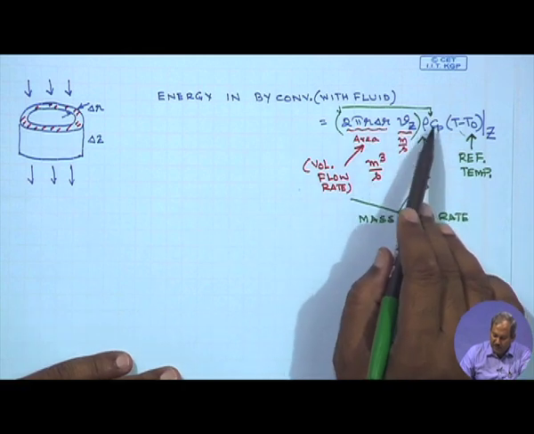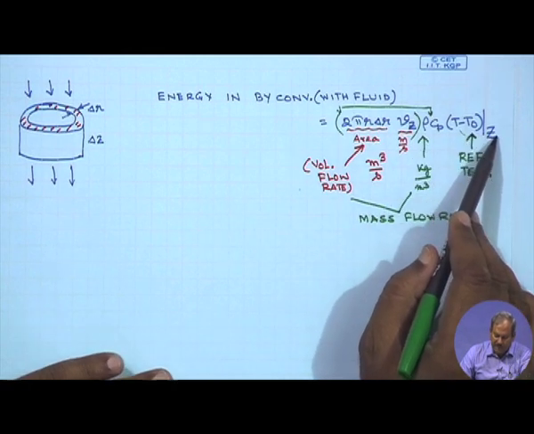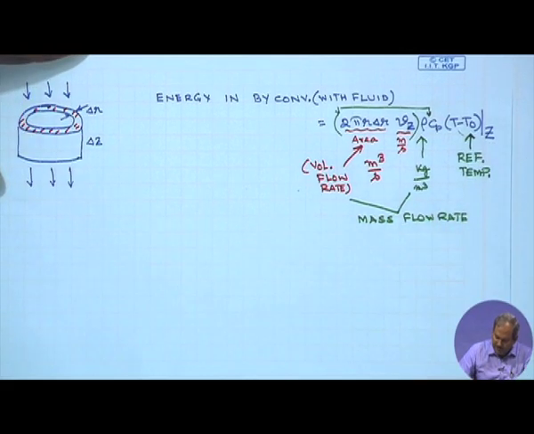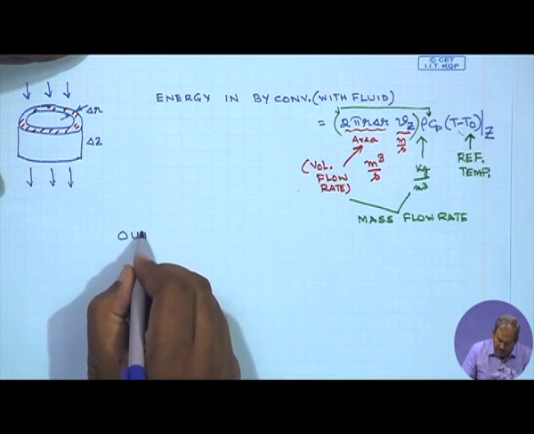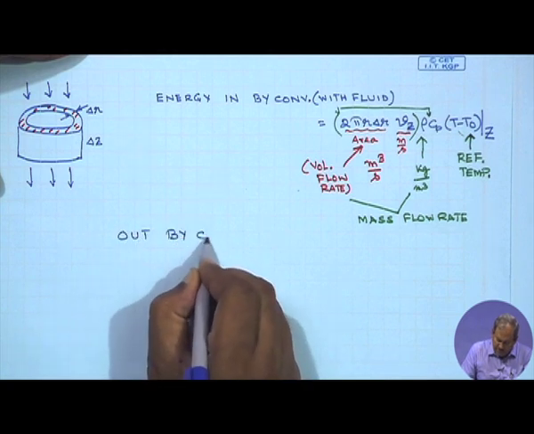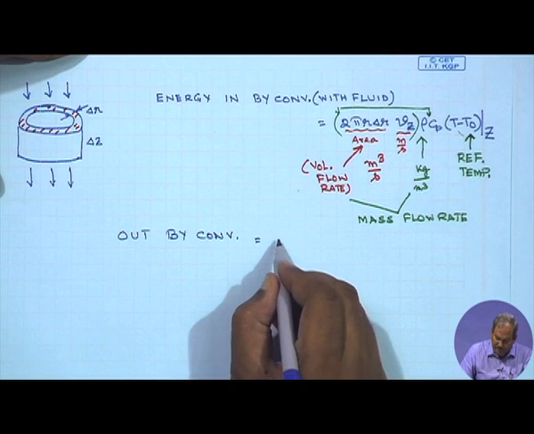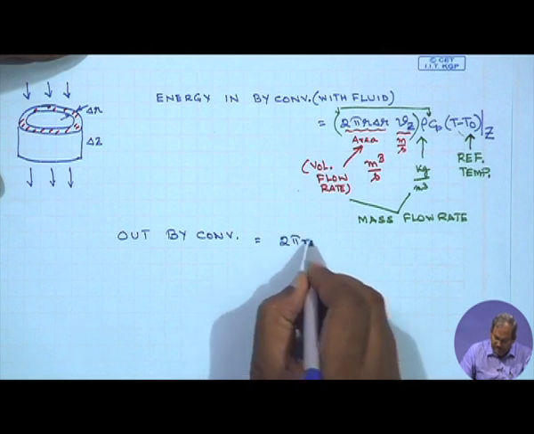So it's m dot Cp delta T evaluated at Z, that is the energy in by convection, and therefore the energy out by convection, which is at this point, would be simply equal to the same area,